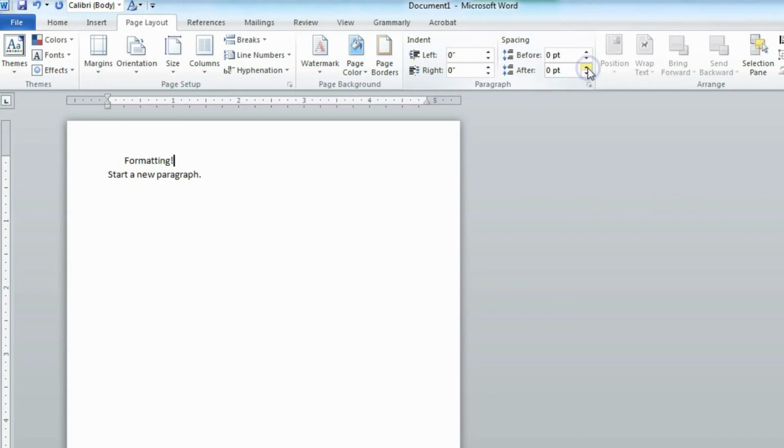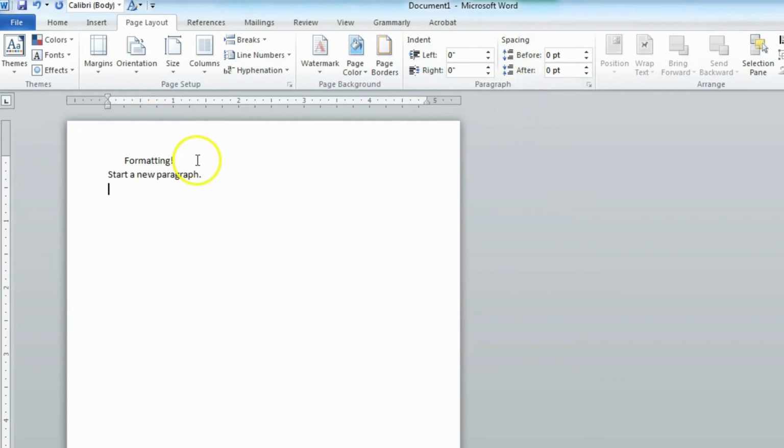Now auto is going to be 2, so at 0 points it's going to give us a standard formatting there. And what I did was I just came to the end of the first paragraph and I changed this